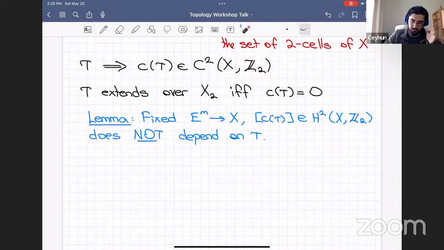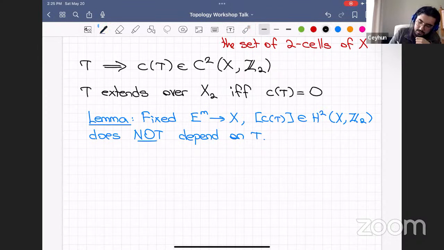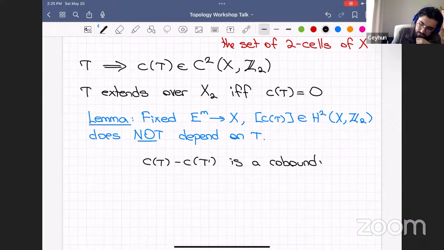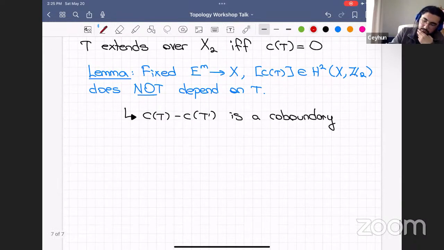Also, just to make sure this is not skimmed over, I just showed that this is a two cochain. I didn't show that this is a two cocycle. So it is not even obvious that this will give us a cohomology class. But it turns out that it's a two cocycle, and then it turns out that if we choose another tau prime, then C tau minus C tau prime is a coboundary. This is basically a translation of this fact. Okay, nice. So the definition is